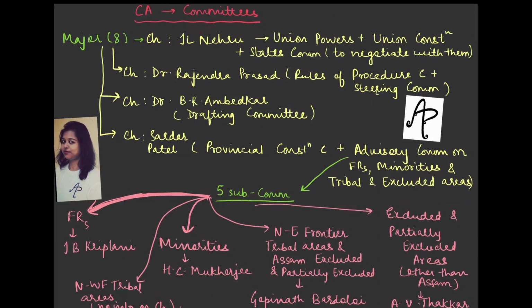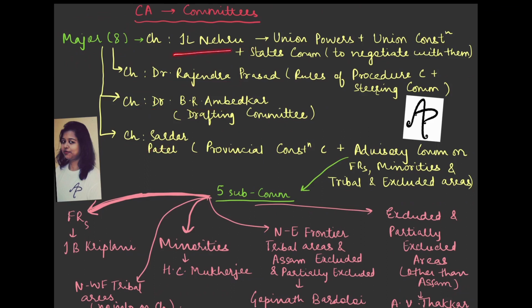Now if we understand about the committees of the Constituent Assembly, basically it had 8 major committees and some minor committees also, but about it we'll talk later. So the 8 major committees. Now what I have done is not to give you the committee name and then the person's name who was chairing. I have reversed it. I have given you the names of the people who were chairing and then the committees associated with them, so that it helps you in reverse remembering. Otherwise you tend to get confused.